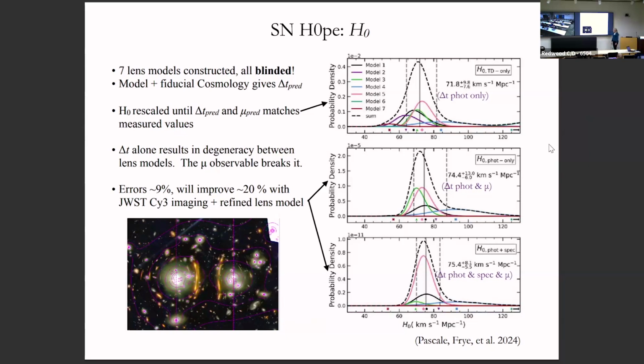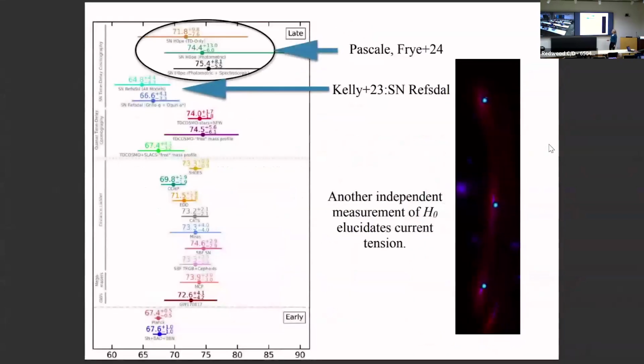contribution weights change. And then finally, when we included both the spectroscopic measurement of the time delay and the photometric measurement of the time delay, we do see, interestingly, for this particular case, not for all cases, but for this case, one particular model does seem to receive the highest grade, the highest weight, and that is our best value for H0.